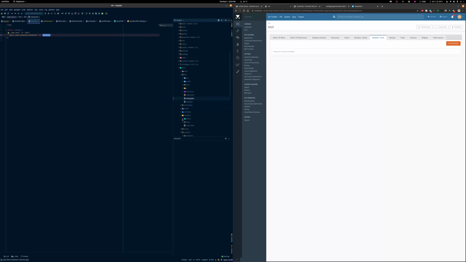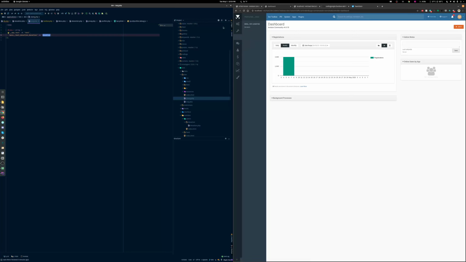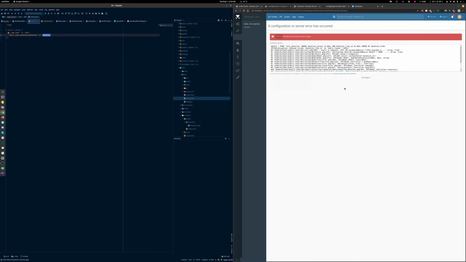It creates the backend module for it. And if we were to refresh this page, it'd show up here. It doesn't create an icon for it. It just creates an entry for it. But if we come over here and